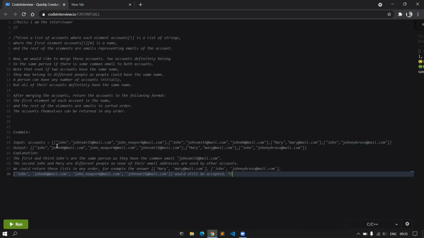So you've got John Smith and John New York, and then you've got a second John that's John Smith. Because these two Johns share John Smith, you know they're the same John. And that way you know John 00 and John New York belong to the same John because of John Smith. But then there's a John who's Johnny Bravo, and that's a different John.